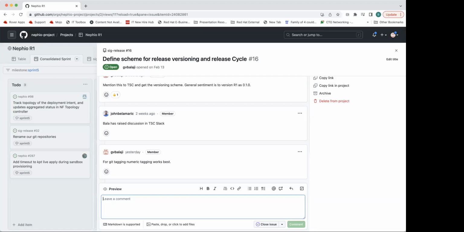True. I think that's where the confusion was. So John, would that be okay if we wait till the TSC gives us this direction? And the most important point that you brought out, Charlie, is we should anyway decide internally how we want to tag our components and packages. So what would be our release package version?